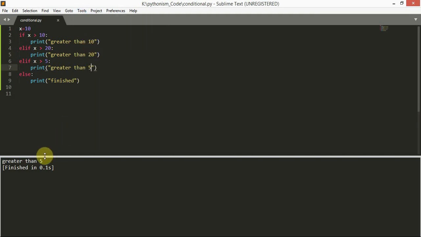See, we got greater than 5 here, because first we have checked whether it is greater than 10. It fails, so it comes here, then it also fails, then it comes here, then this condition is true now because 10 is greater than 5. That is why this print statement is executed. That's it.